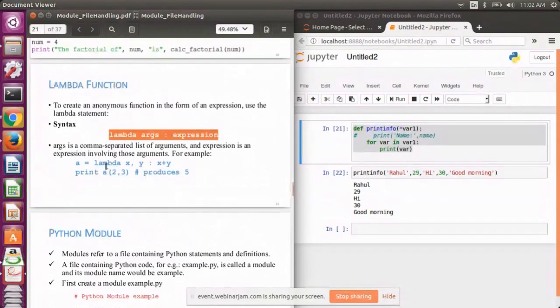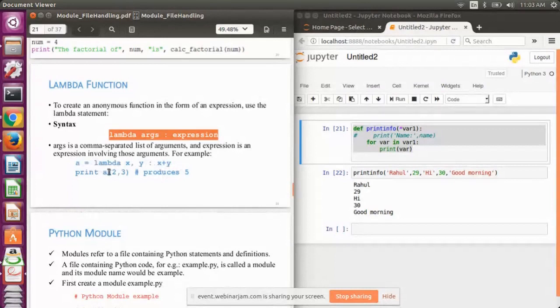Here, I have defined a function of adding two numbers, with parameters x and y. The definition goes like lambda, then the arguments x and y, colon, and then the body of the function, x plus y, and whatever the output is will get stored in a.